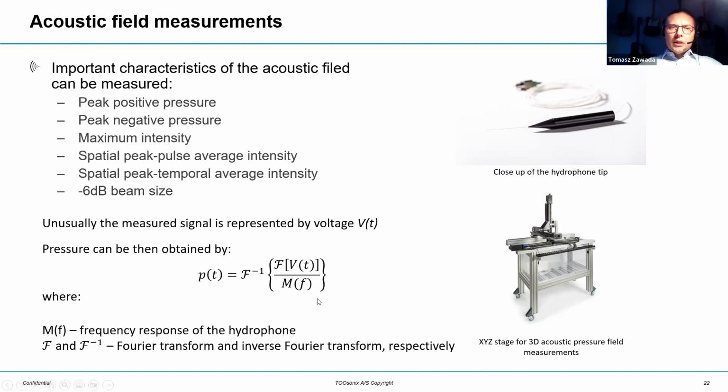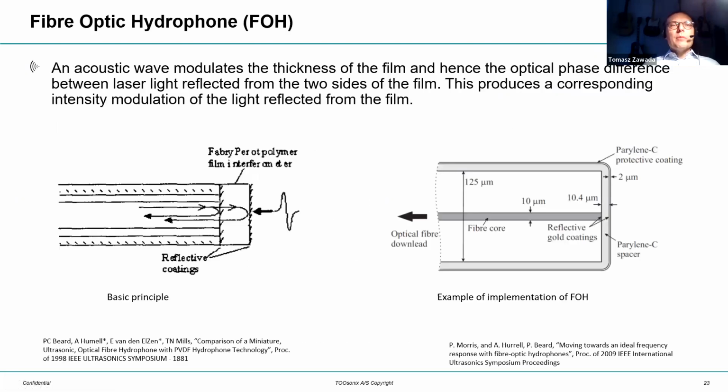By the way, when we measure voltage, the voltage carries some harmonics, so it actually carries more information about the frequency than just the frequency of the transducer. In general, we obtain the pressure by taking the inverse Fourier transform of the ratio between our signal measured in the frequency domain and the frequency domain sensitivity. That's the general requirement of the IEC standard as well. Coming back to this fiber optic hydrophone,